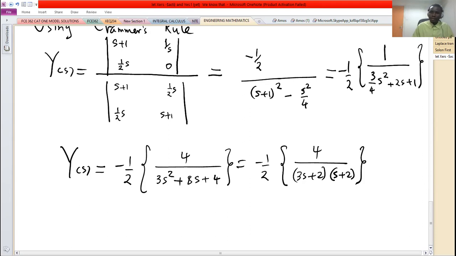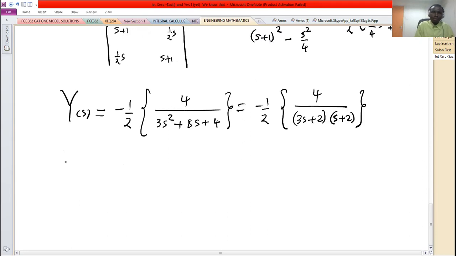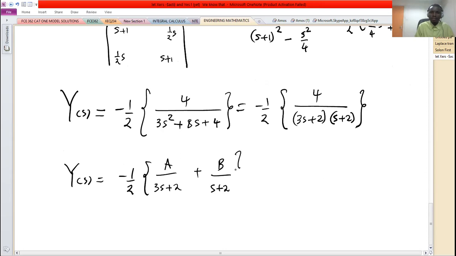And then, so Y of s is negative a half. I also use partial fractions to decompose this one as A over 3s plus 2 plus B over s plus 2. And when you work out comparing,